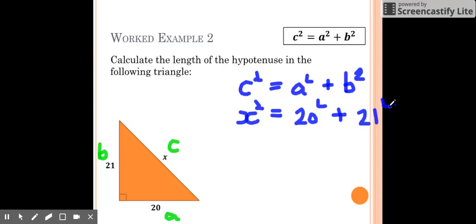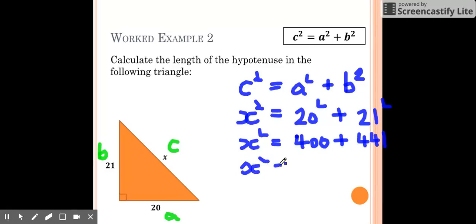Then I'm going to solve some bits. So keep the x squared here. We can't figure that out quite yet. Equals 20 squared. I can use my calculator if I need. Is 400. 21 squared. I can use my calculator again. Is 441. So now I'm going to add those two things together. X squared equals